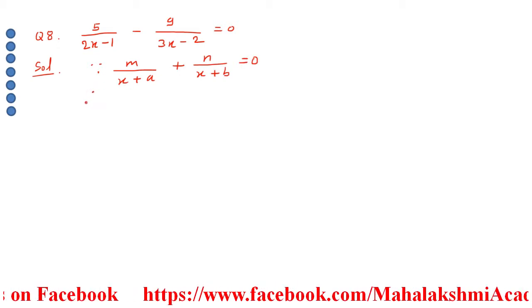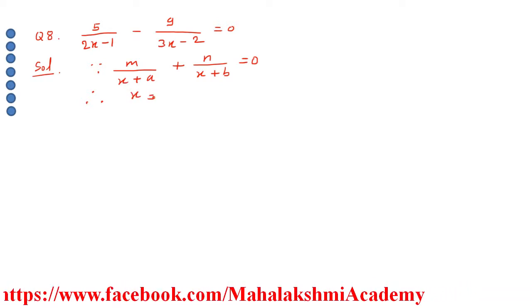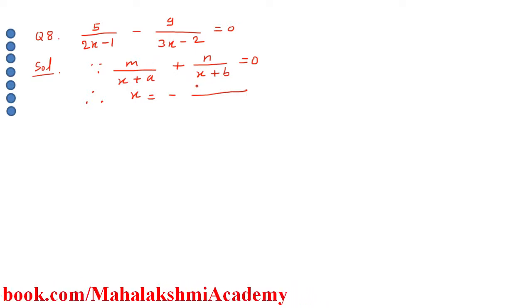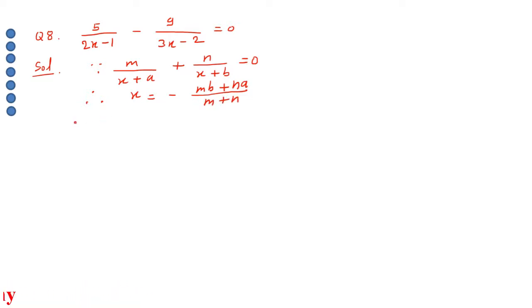And you know, in the previous question I explained what the solution is going to be here. So minus sign, then a long line, then mb plus na, upon m plus n. So the first step is we have to bring our question into this form. To bring it into this form, you just see here x is alone and the coefficient is 1, but here the coefficient is 2.